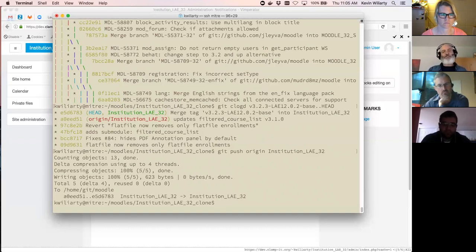But that new version, the upgrade, would then be available. And this is exactly what I do with our New Hampshire branches. The upgrades come out. I merge in the new tag, check it out on a test. Everything's good. I push my New Hampshire branch and go to my servers and pull it down. That's pretty much it, except for tearing things down. If you want to tear things down,